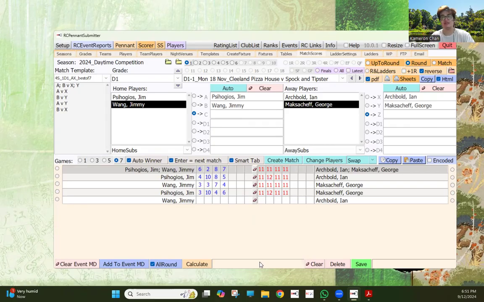So how do we get to the other side? Well, you could use your arrows, or if you're right here, tab will take you right across. Enter your losing result, tab again, the 11 goes there. And then to get back to the other side,